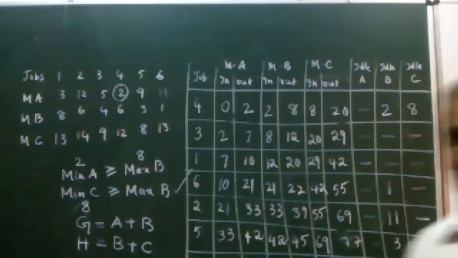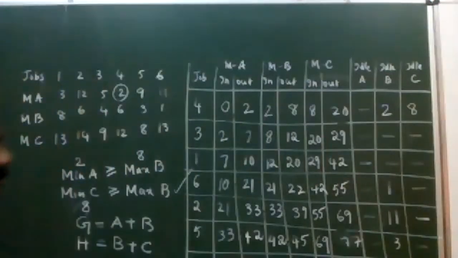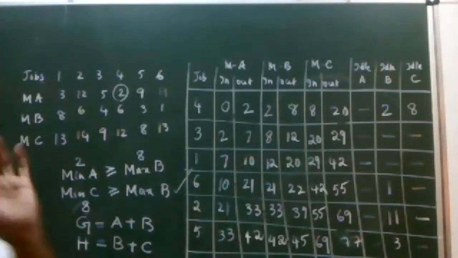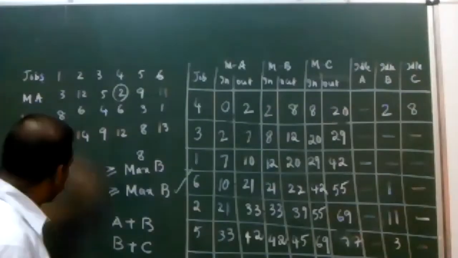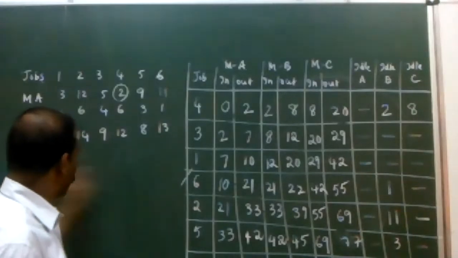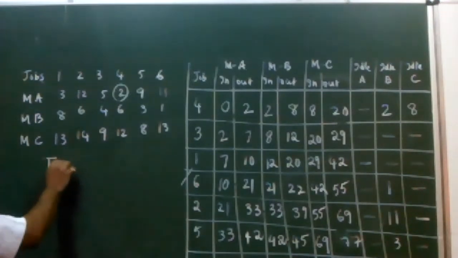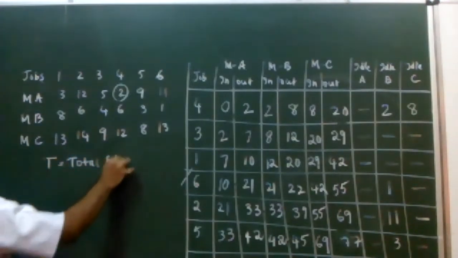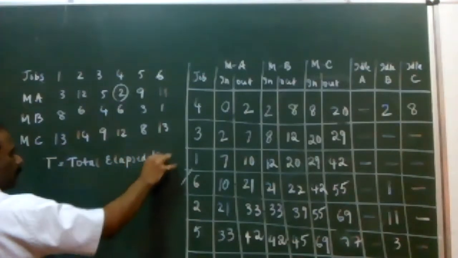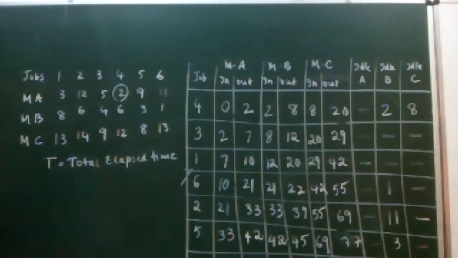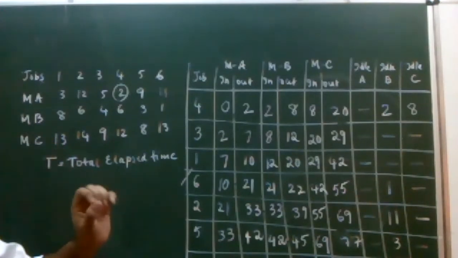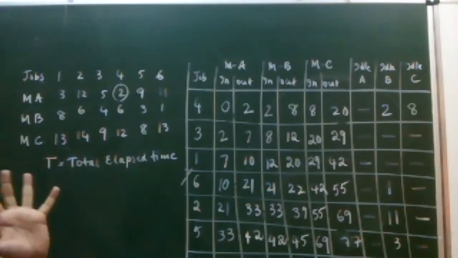Now we have got the entire table ready. Once the entire table is ready, we are supposed to do the final calculations, which are the 4 things. I want everyone to please make a note of this formula clearly so that you will have no confusion. The first one, as usual, is to calculate the T value. T is nothing but total elapsed time. What is the meaning of total elapsed time? The time at which the last job on the last machine is completed. That is the meaning of T.